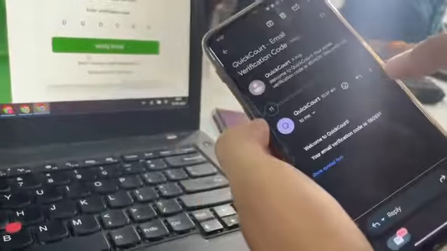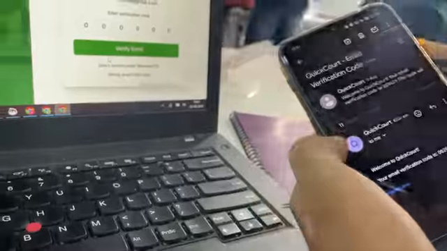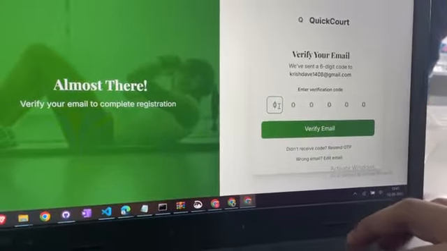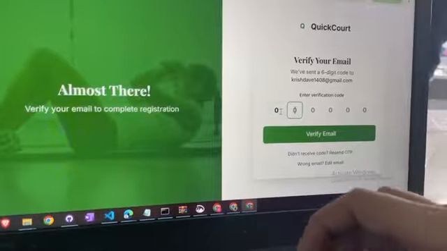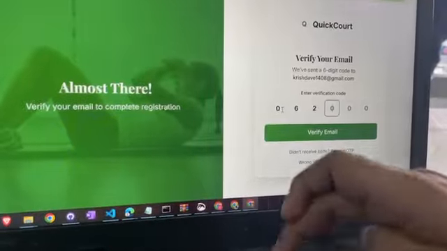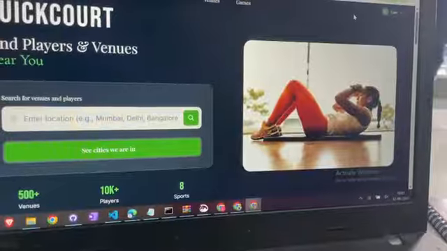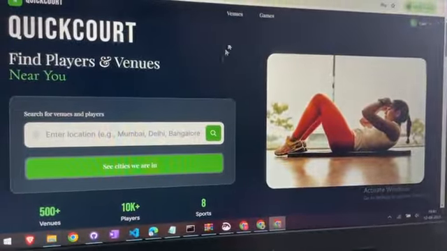Here you can see one more code has arrived. This is for the player. This is a new email ID which is registered as the player ID. So the user has been logged in. This is the user profile.